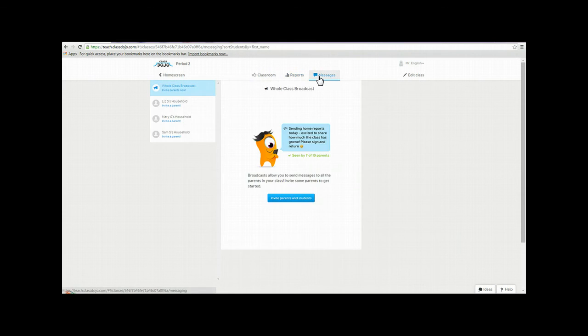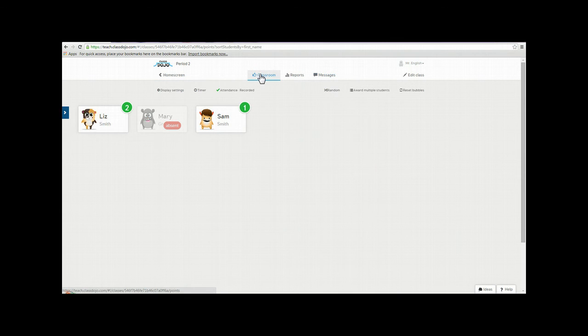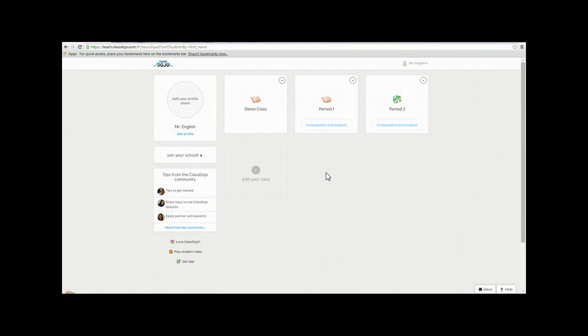Here at the top, you can also do messages, so you can send parents messages directly through Class Dojo if they decide to sign up for such a service. But if we're done with this class, we can go ahead and go back to the home screen. And you can see that you can add a variety of classes,